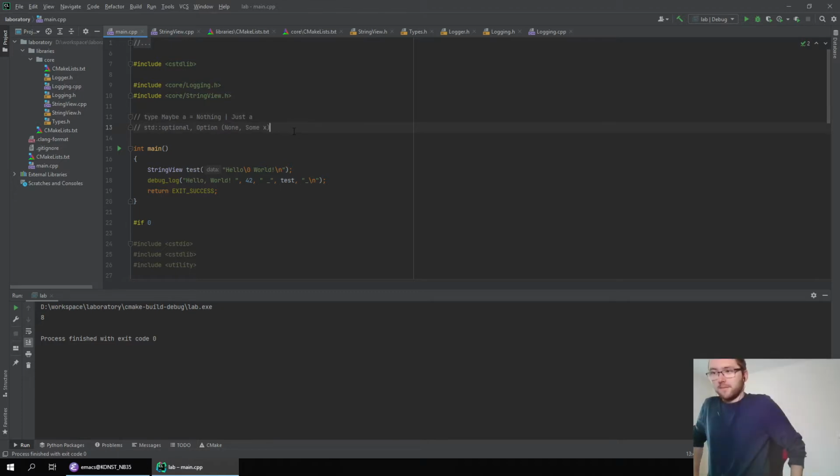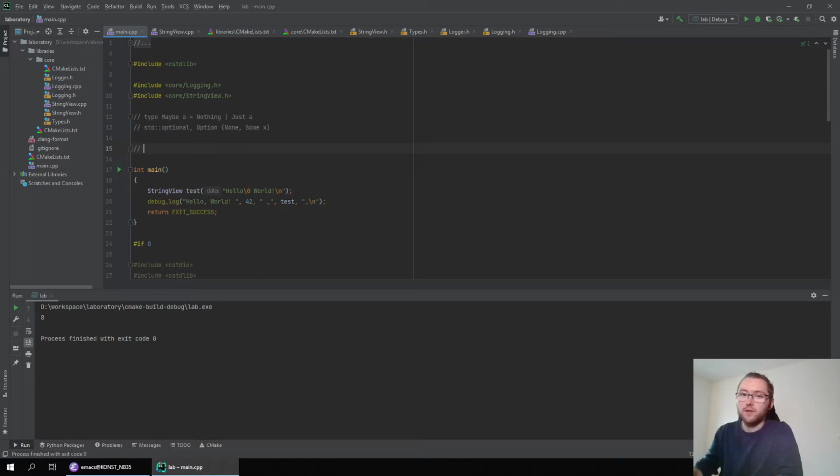But I don't only want to know if something didn't work, I do also want to know why it didn't. So there is another type which encapsulates this behavior, and this one is called Either. I don't really know how to pronounce it. I'm sorry. I think it depends on whether you want to pronounce it American or British, I guess.